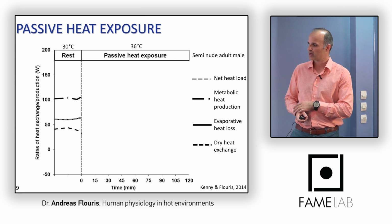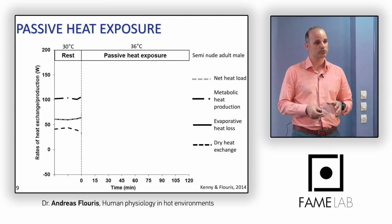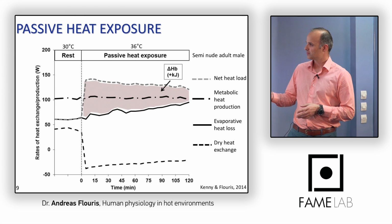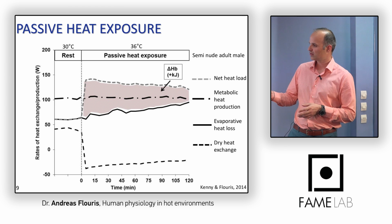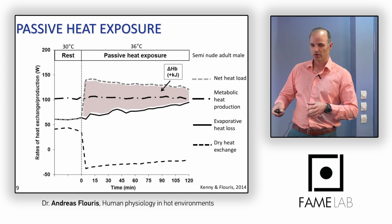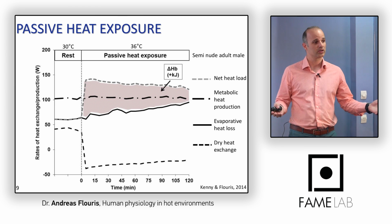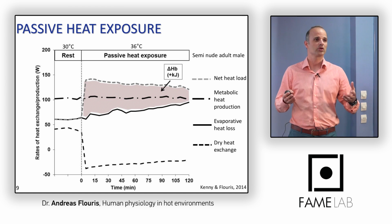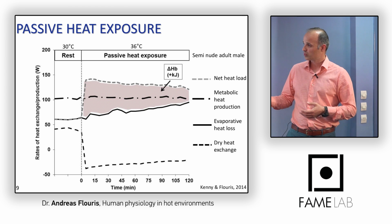These are results from direct calorimetry, and this is what happens when we're exposed to heat. The dark line that you see here is, sorry, evaporative heat loss that is slowly, gradually increasing. However, this is metabolic heat production that stays the same. But when we enter a very hot environment, there's a lot of radiative heat coming from all the solid materials around us, and as a result we're actually starting to